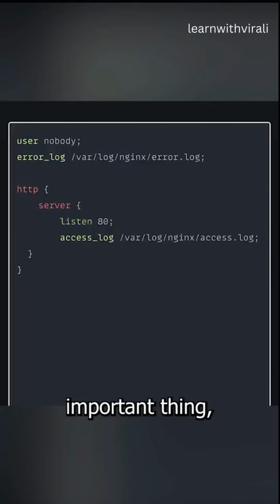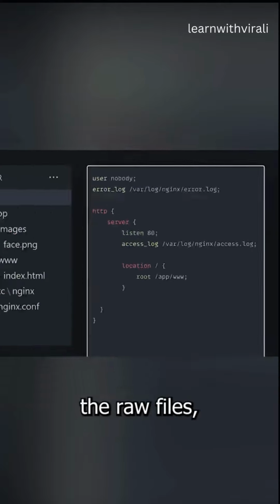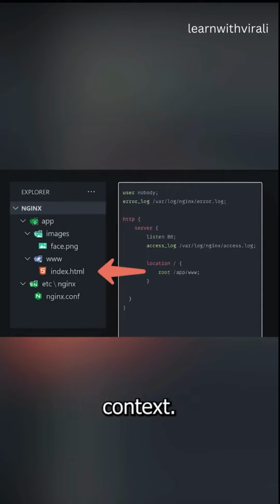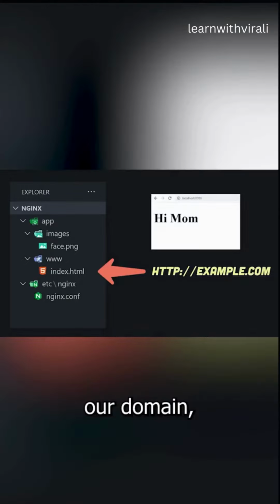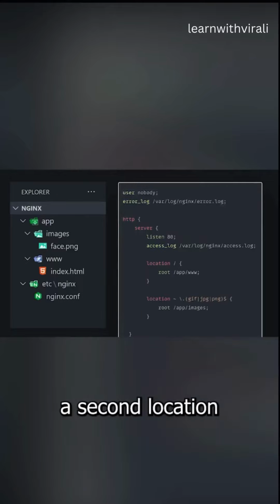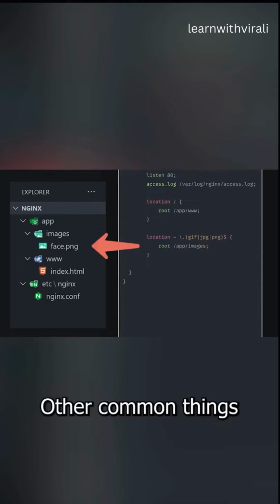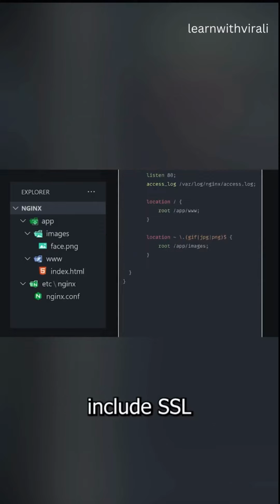The most important thing, though, is to tell the server where to find the raw files, which we do in the location context. Now, when a user navigates to our domain, it knows where to find the HTML on the file system, and we might want to set up a second location to match any image pattern to the images directory. Other common things you might handle in your server config include SSL certificates, rewrites, and routing to a proxy